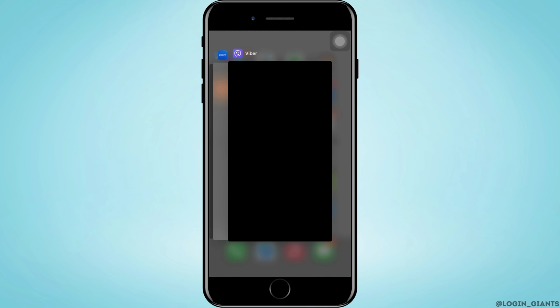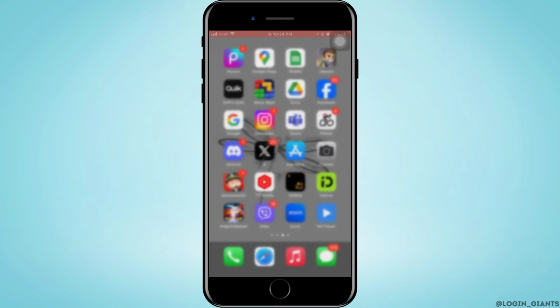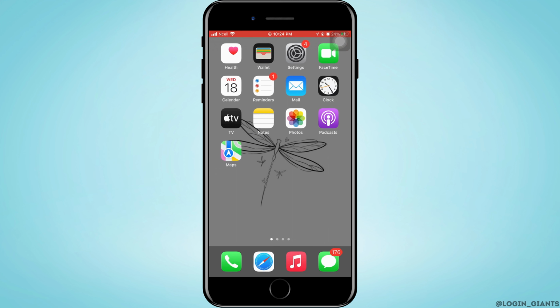Showing you the steps again, you can close one app at a time by swiping up, or you can close 2 or more apps at once. So that is how to close running